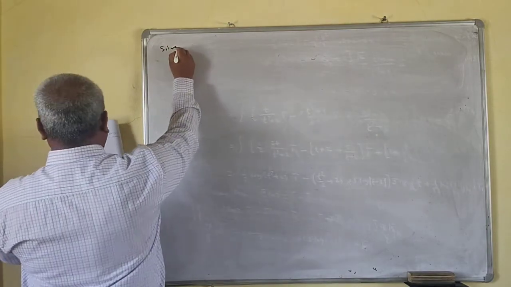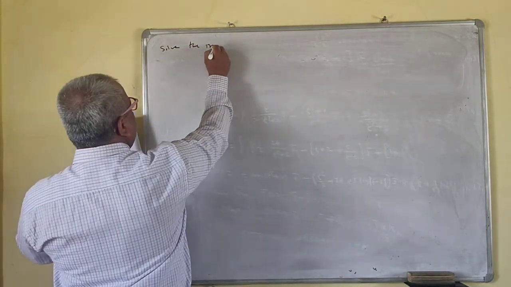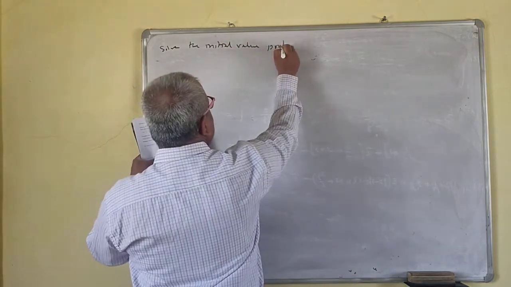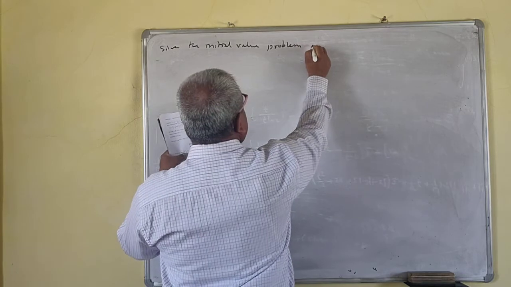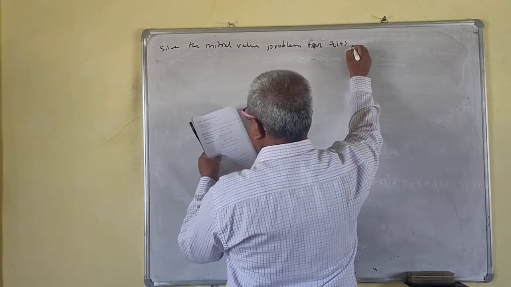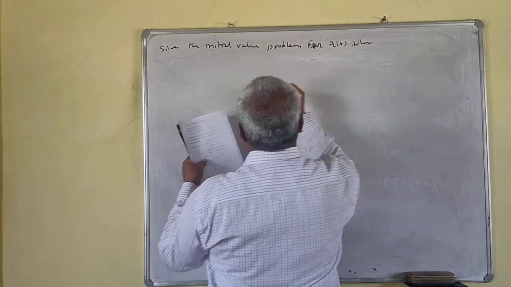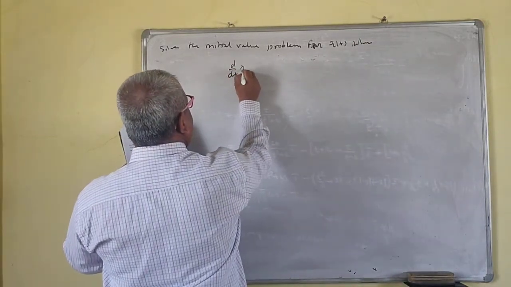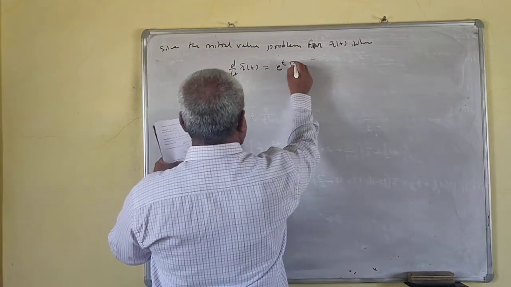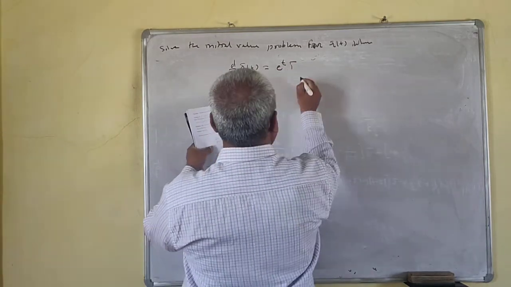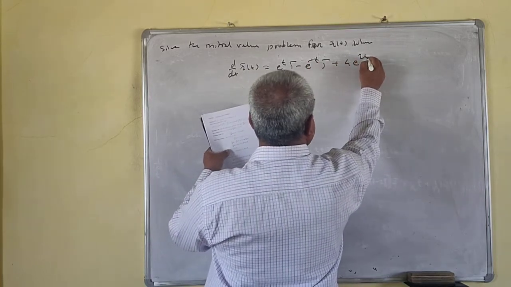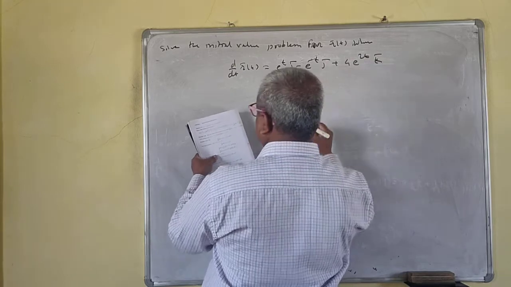Okay, solve the initial value problem for r bar of t, where dr bar by dt is equal to e raised to t i bar minus e raised to minus t j bar plus 4 e raised to 2t k bar